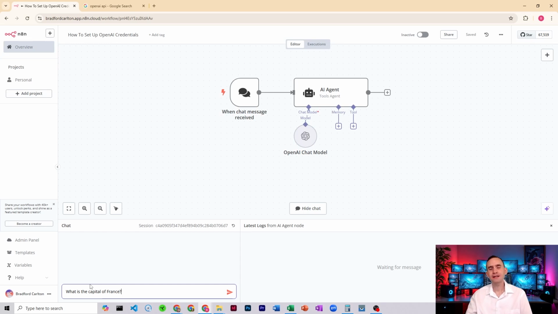Welcome back. Today I'm going to show you exactly how to set up your OpenAI API key and integrate it